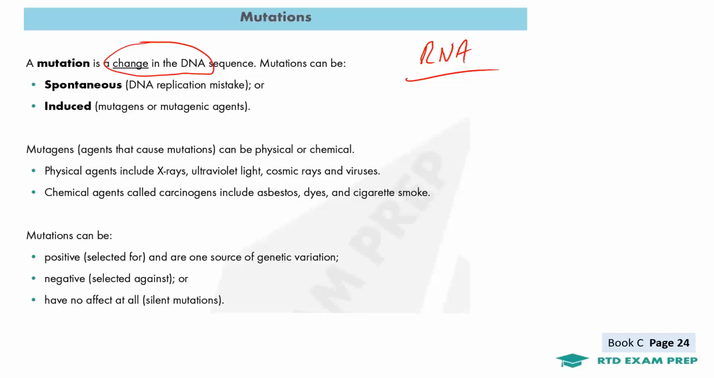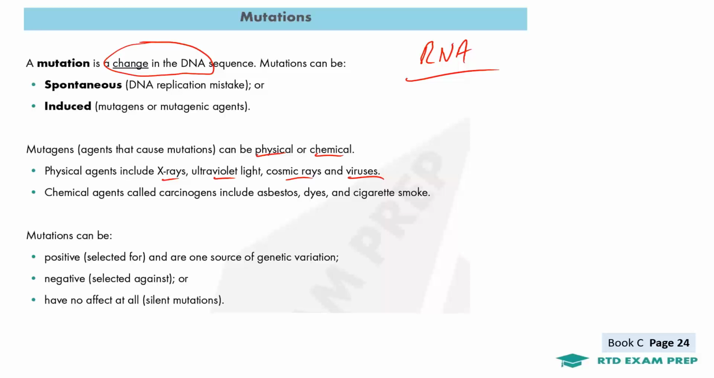If you spill coffee on the original, then every protein or every copy that you make afterwards is now an abnormal protein. A mutation can be spontaneous, can happen during replication, or it can be induced by mutagens or mutagenic agents. So we have lots of mutagenic agents in our environment. A mutagen can be physical or chemical. Physical could be an X-ray, UV, cosmic rays, viruses, where a chemical agent could be something like asbestos, dyes, cigarette